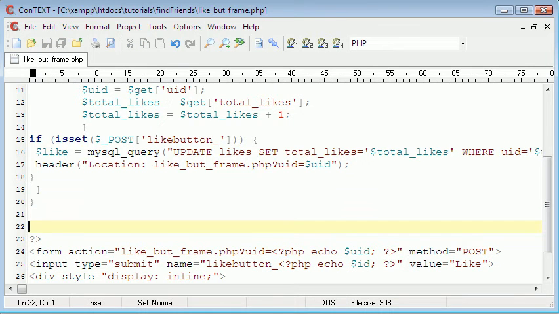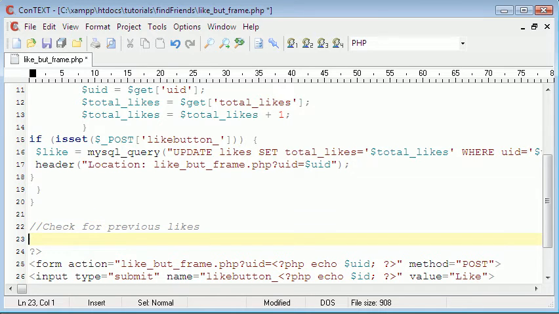And in here, I'm just going to put a comment that says check for previous likes. And what it's going to be is a MySQL query, so it's going to be check for likes, which, as I said, is a MySQL query. The query is going to say select all from user_likes,